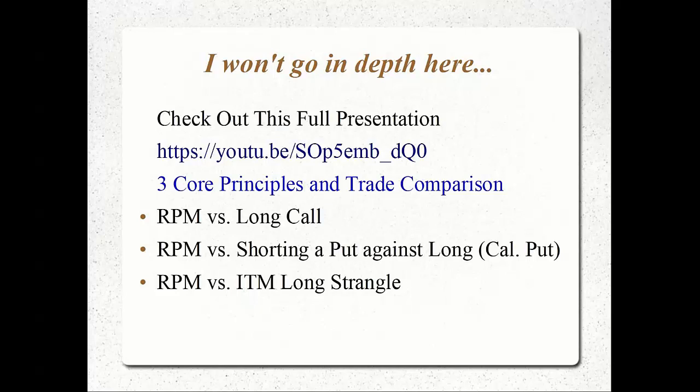I talk about the RPM versus the long call, the radioactive trade versus selling a near-term put and buying the same put that you would in the married put, a calendar put spread. The idea being if the stock falls, I get put the stock at a lower price. I get assigned on the short put, and I already have the long put to protect it. Well, that's great and everything, but keep in mind,